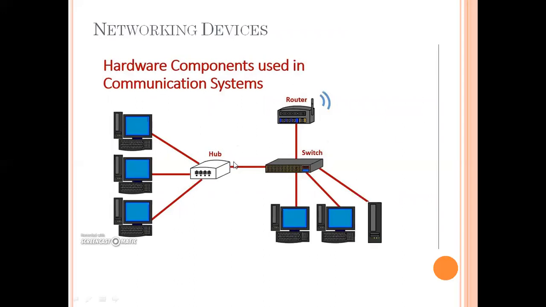It is very clear that these are the three computers and they are getting connected through hub. Now here you can see a few computers connected through switch. Now this hub is used for this single network, switch is used for this single network, and if I want to connect these different networks together, I will require router. So it's very simple to understand that hub and switch form a single network while router can connect two different networks. Okay.